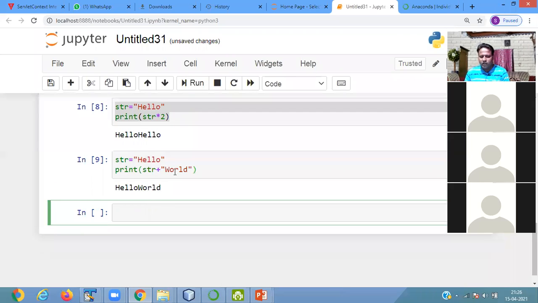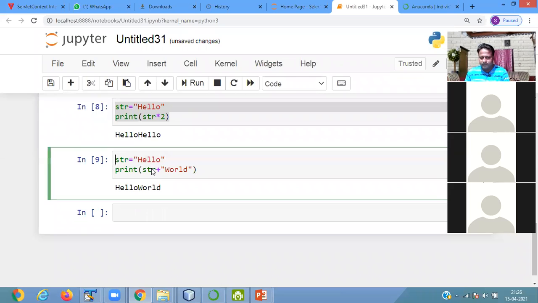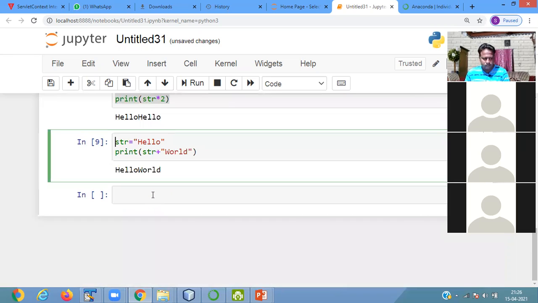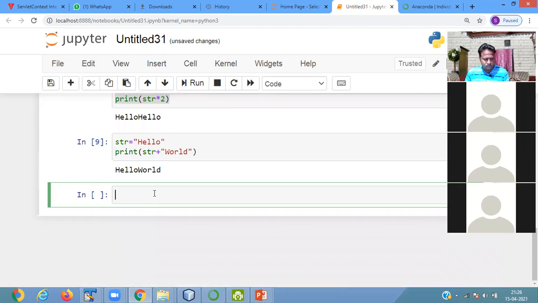It's a string concatenation: string hello, then print string plus world, it is showing you hello world. Understood? It is a string concatenation.